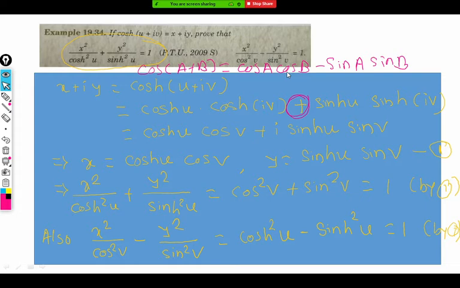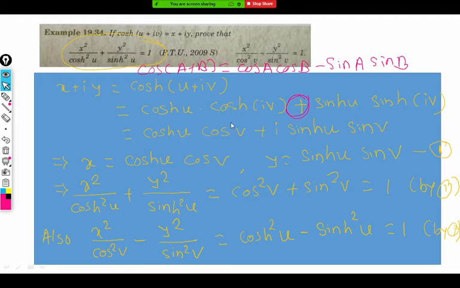First of all, we have circular identities that we converted to the hyperbolic. Are you getting my point? Yes, sir. Okay, so don't worry, there will not be any mixed part there. If there is a mixed part, which thing should you use? You should use this one. You can observe here is a mixed thing. Here cos hyperbolic u is there and circular is also there. Hyperbolic and circular.